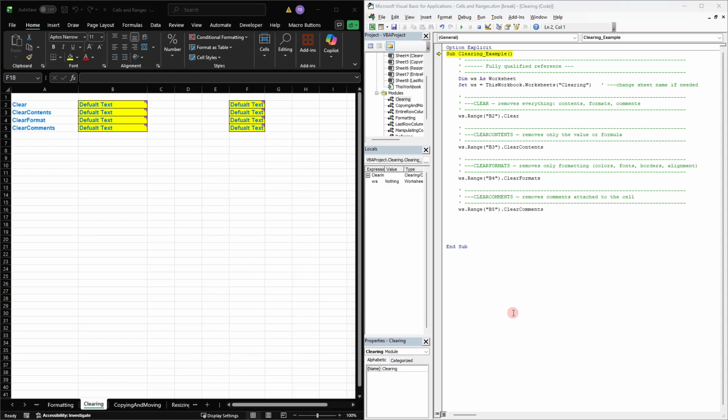When working with automated workflows in Excel, there often comes a moment when certain cells need to be reset, cleaned, or completely removed. VBA provides several distinct clearing commands, and each one affects a different part of the cell. In this lesson, we walk through these options step by step, applying each of them to a specific cell in